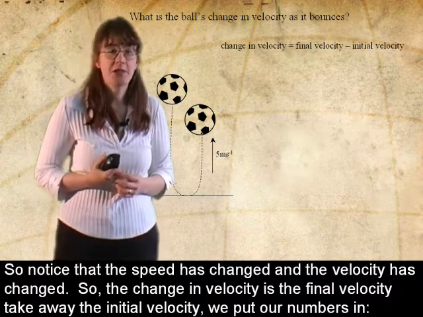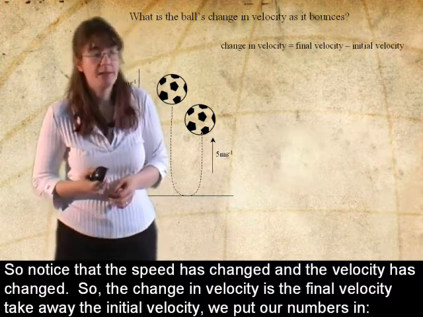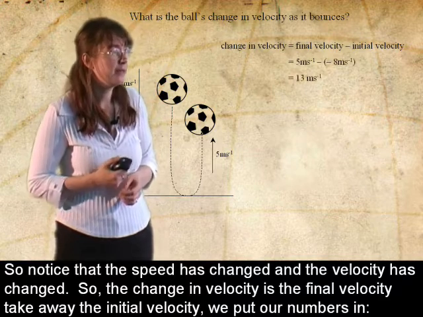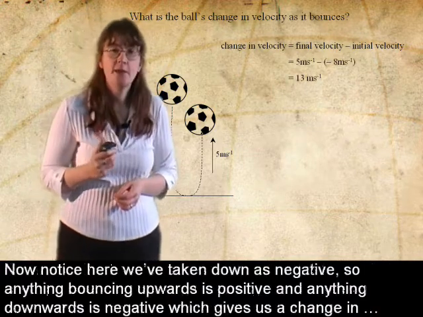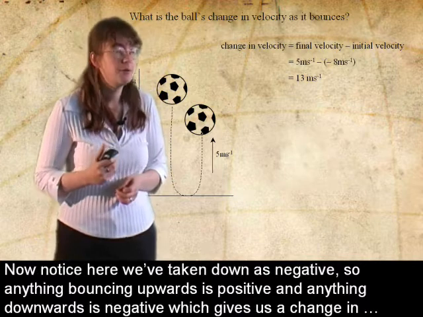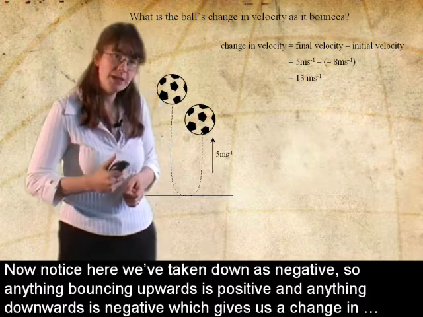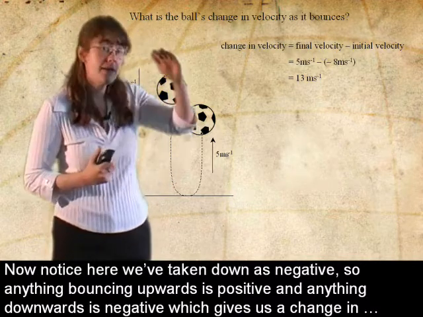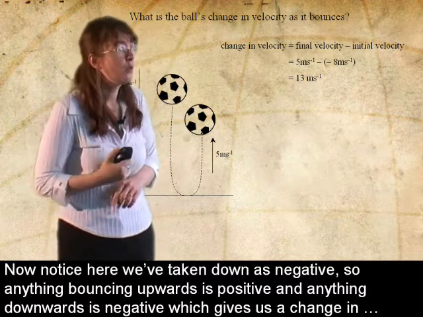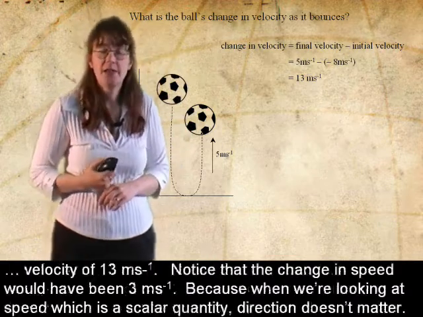So the change in velocity is the final velocity take away the initial velocity. We put our numbers in. Now notice here we've taken down as negative. So anything bouncing upwards is positive, anything bouncing downwards is negative, which gives us a change in velocity of 13